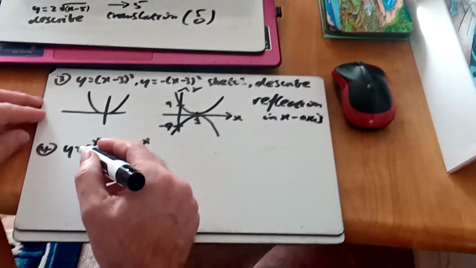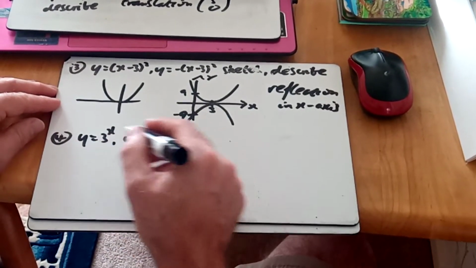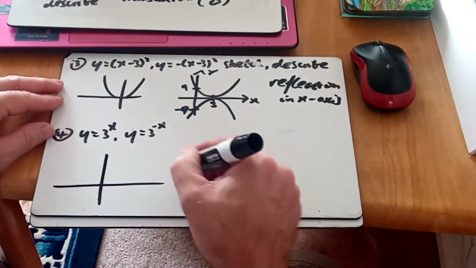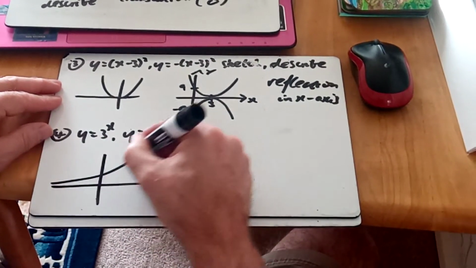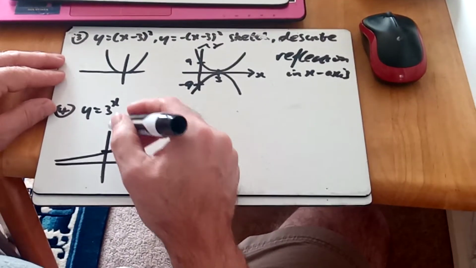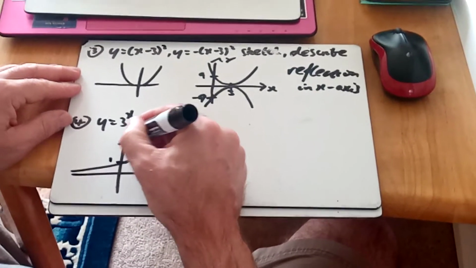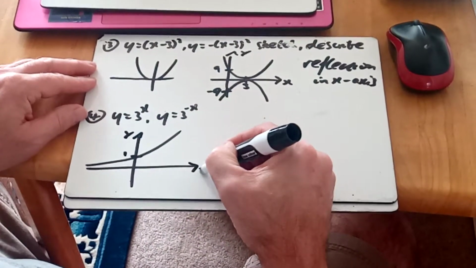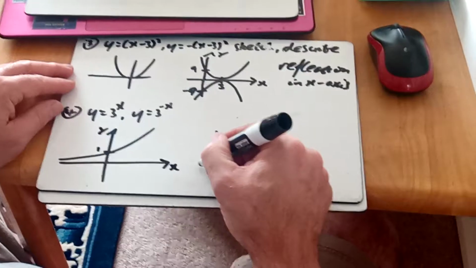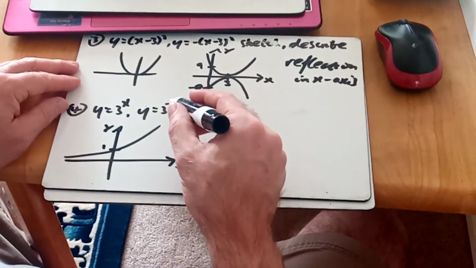Similarly for our exponential curve, y equals 3 to the x and y equals 3 to the minus x. y equals anything to the x looks like that, goes up at an exponential rate, crosses with x is 0, 3 to 0 is equal to 1. I'll do it on a separate one, even though it says do it on the same one. y equals 3 to the minus x,